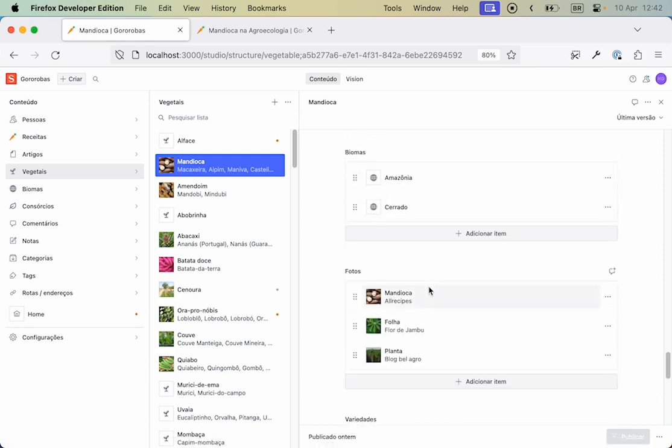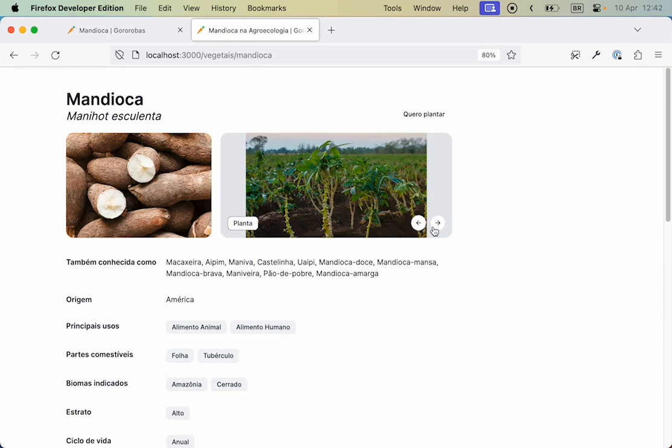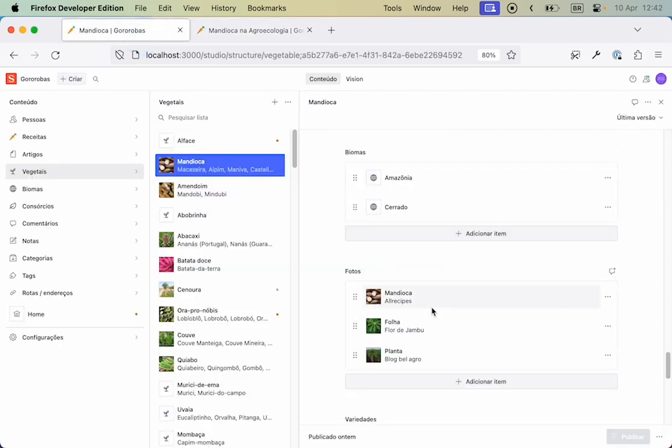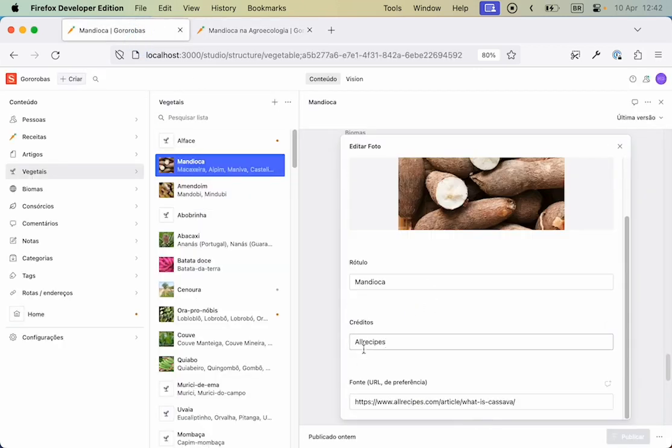So one example is when we started with the pictures, they have a label, they also have sources, and we need to credit the owners or whoever posted the picture. Usually we get it from the web. Sometimes it's us. We started with this idea of the credits as being just a text box, and then you can share a source URL if you have it.